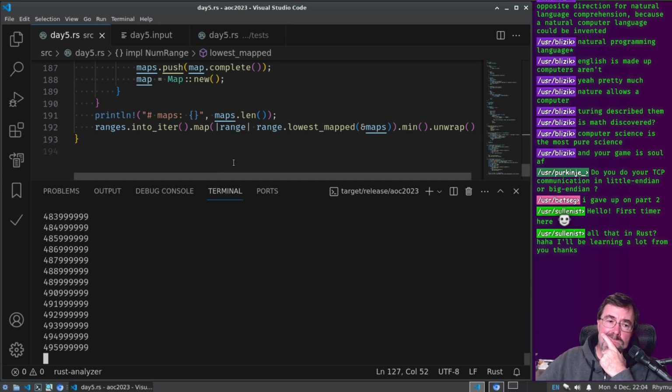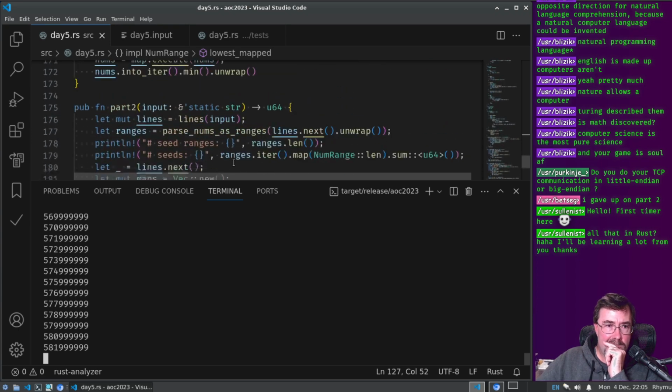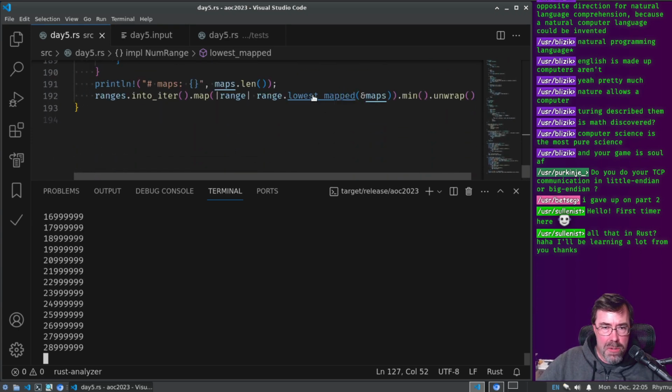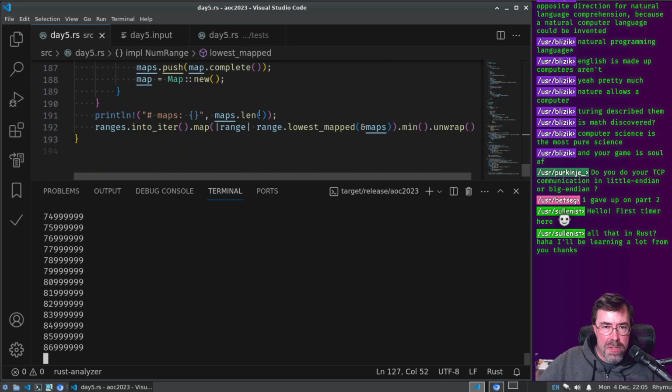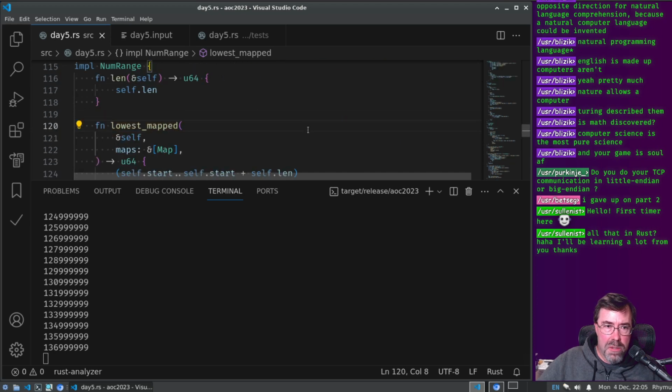Lowest mapped, right? These are seeds. Each one of these is a range of seeds. This might actually finish in a little bit then.